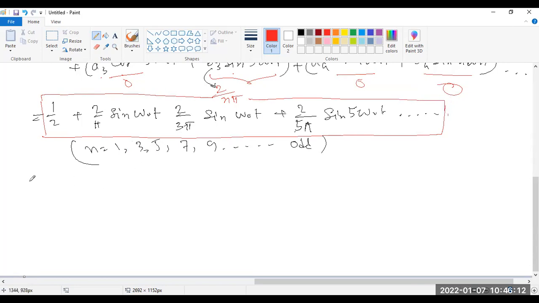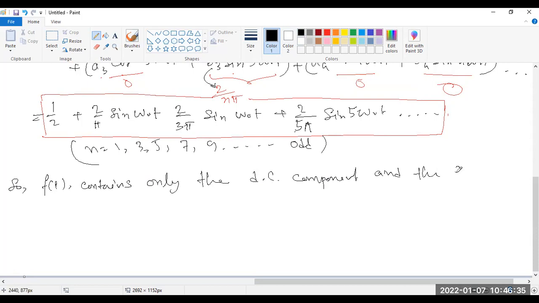Okay, so the function of t, you can write down, only contains the DC component and the sine term with fundamental and odd harmonics. Okay,